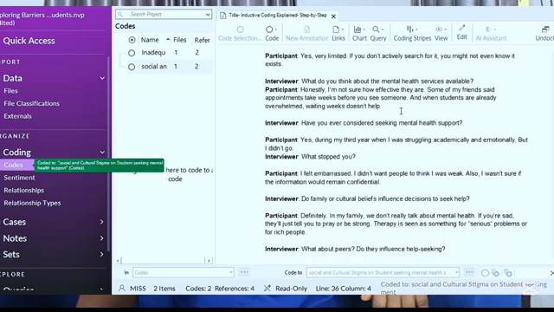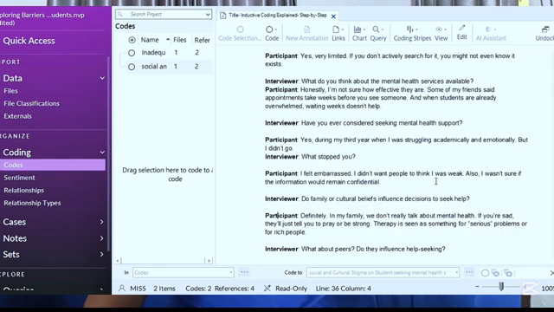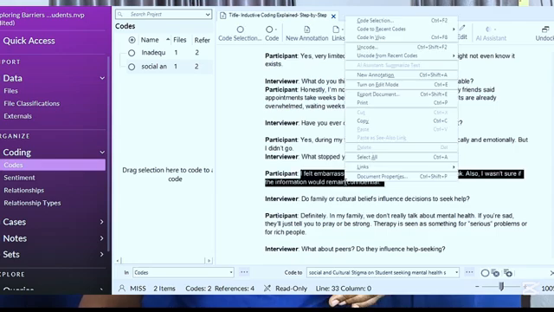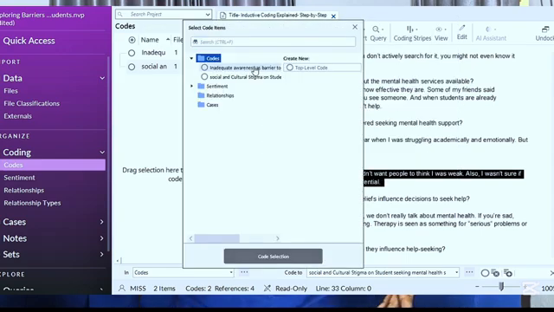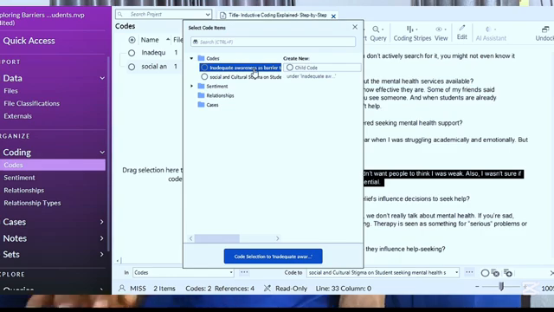So what stopped you? I felt embarrassed. I don't want people to think I was weak. I wasn't sure if the information would remain confidential. So inadequate awareness. Can you see now? Because there's not enough publicity. People did not really know how their system works. So